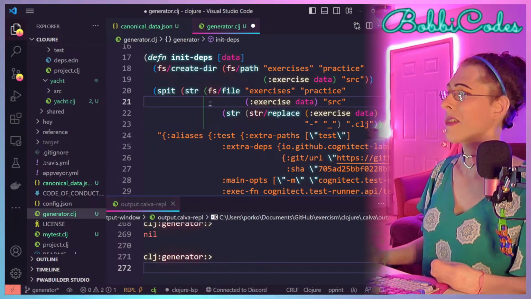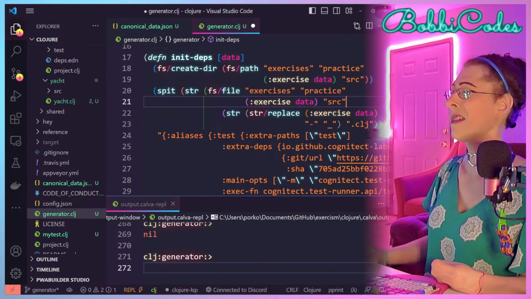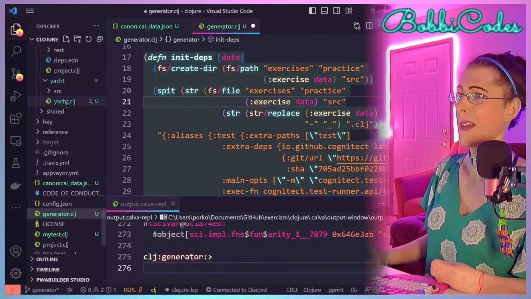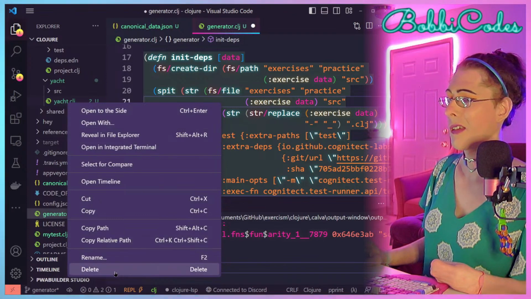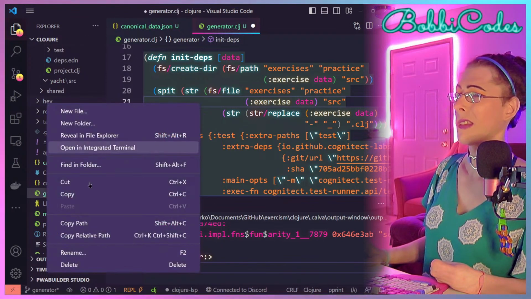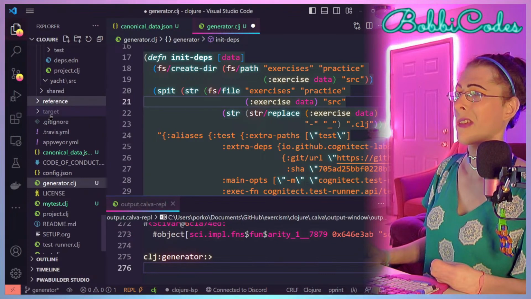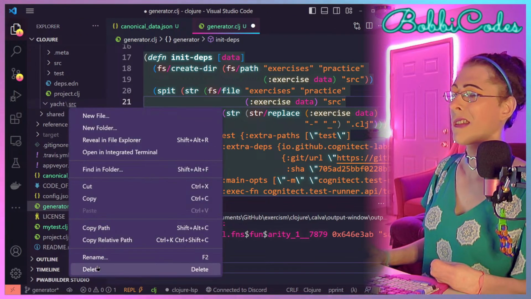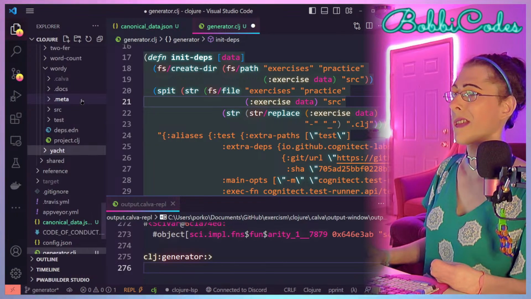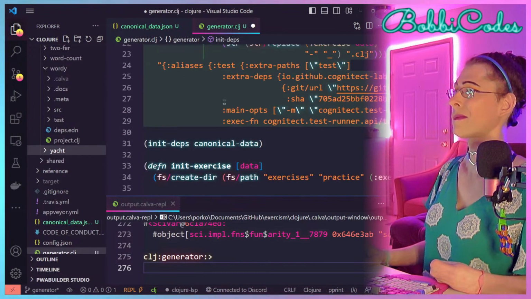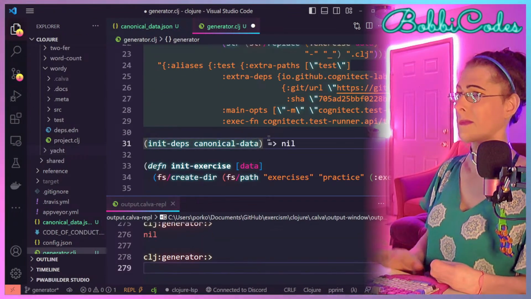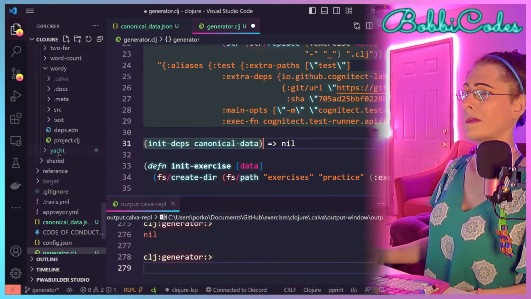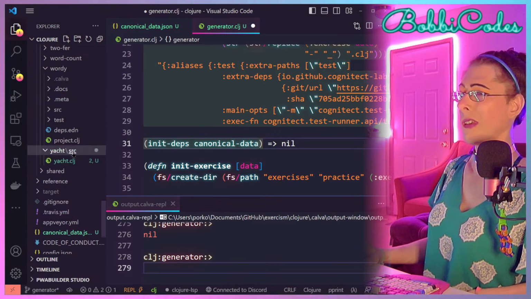Right? Exercises, practice, exercise, src, exercise.clj. I'll redefine that, delete this, delete that because that was just the test directory, and delete this source directory just for fun. And there it is. Cool.